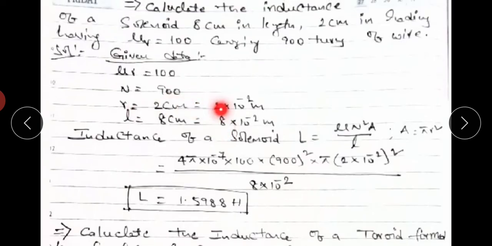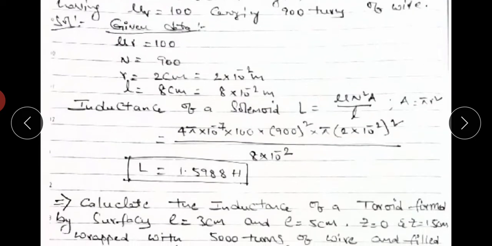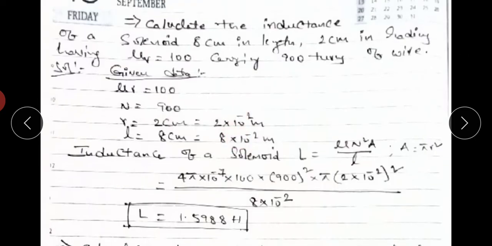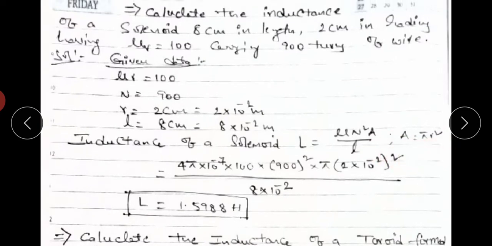Okay, here the radius is given. So by using A equals pi r square formula, first we have to find the area, then by substituting all values we can find the inductance. In some problems they will give the area value directly. In that case, by substituting the area directly we can determine the inductance. Generally, on a solenoid the coil is wound like a circle shape, so that's why we use the circle area formula. To find the area of the coil or area of the solenoid, we have to use the formula A equals pi r square.